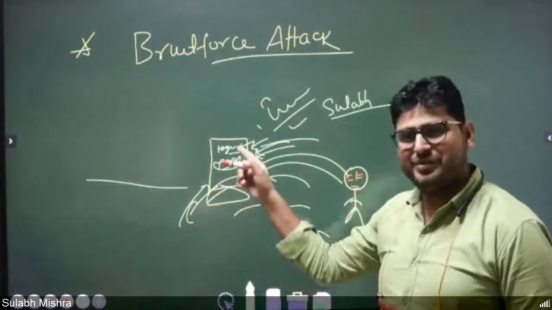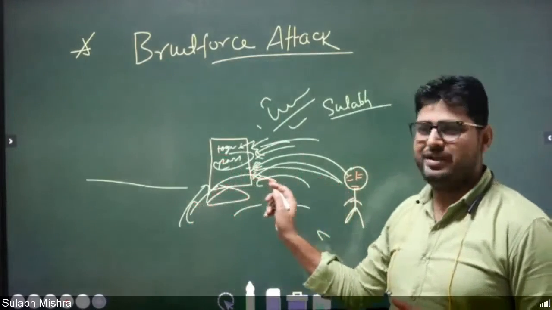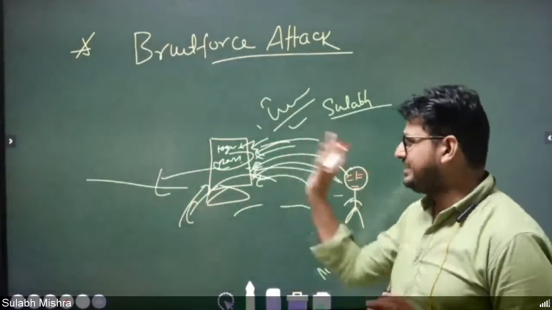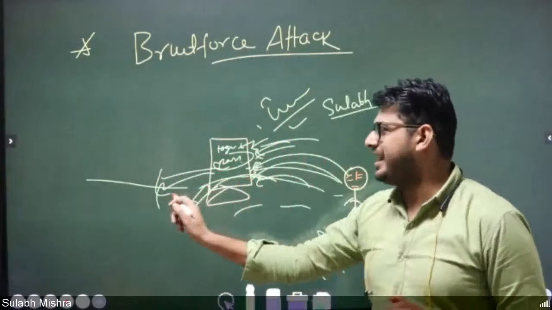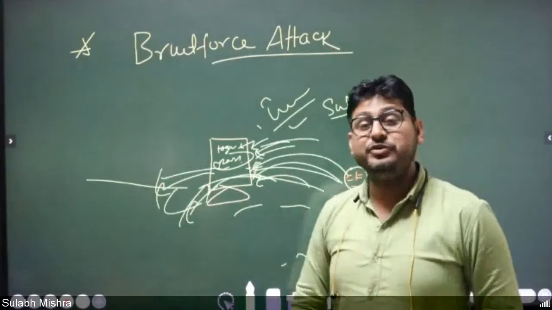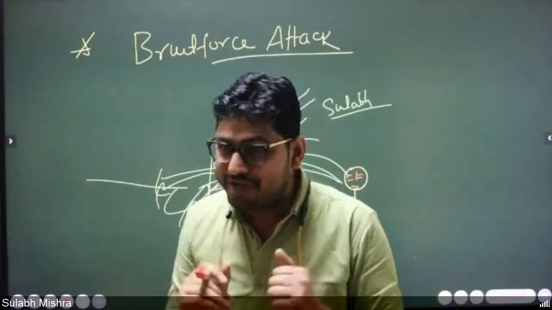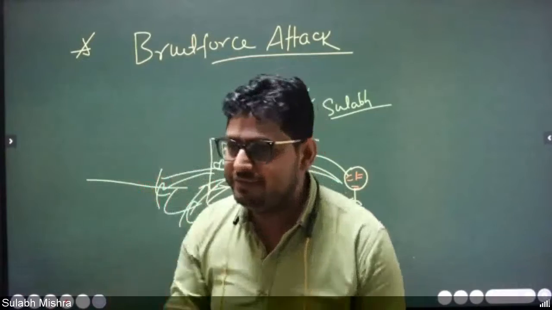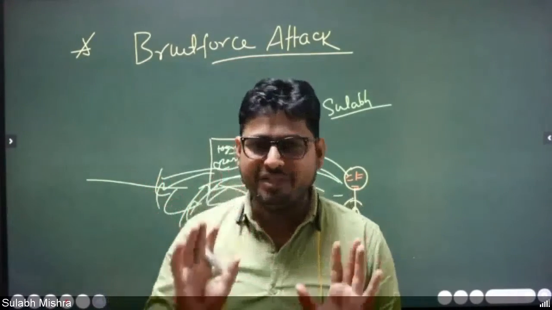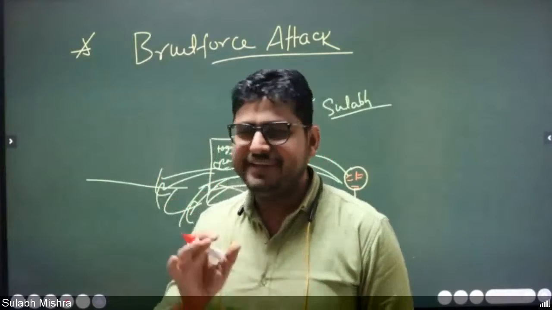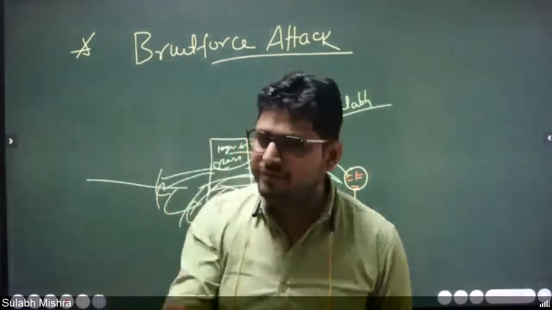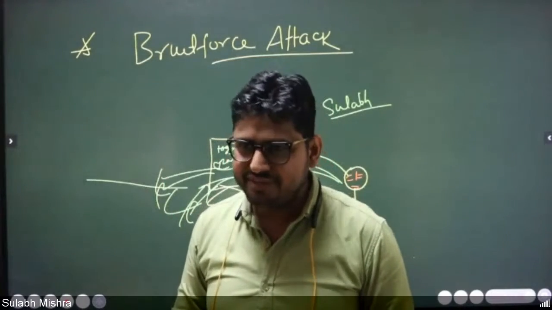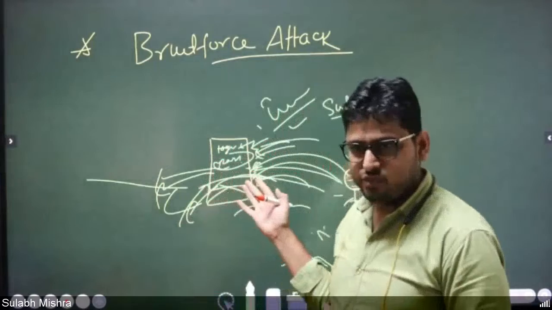So in this case, a login failure will happen. Whenever a login is tried the first time, one event will be generated: login failure for this particular user ID. The next time, again login failure. The next time tried, again login failure. That's the reason we are monitoring if there are many login failures within a short period of time. Maybe a legitimate user will not try that. A legitimate user will try 2-3 times. One time maybe you enter the wrong password, some alphabetical mistake you have made. Next time you will try, or an old password. Third time you will try. 3-4 times you will try, right? You will not try 50 times, 100 times within a short period of time. If you see people are trying 100 times with the same username or same password, right?